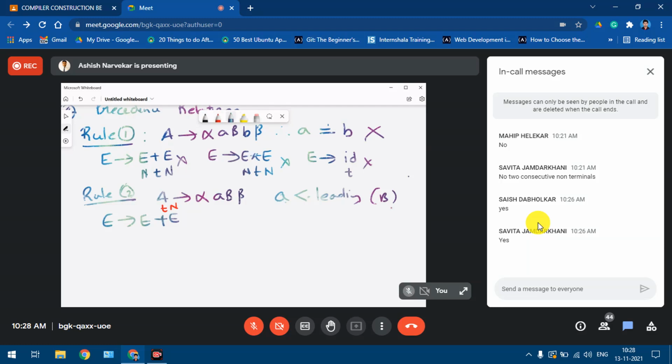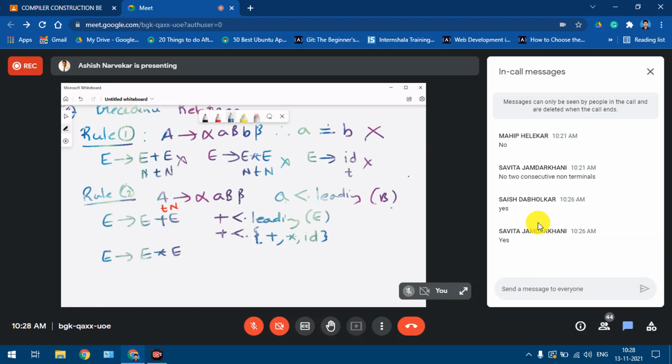So what we can write is plus will have lower precedence than leading of E. Therefore plus is having lower precedence than plus, star, and ID.